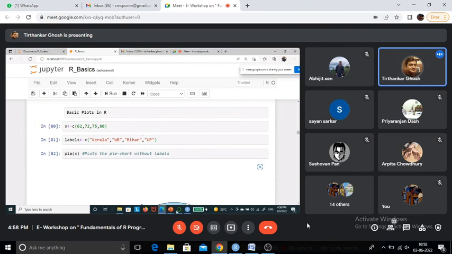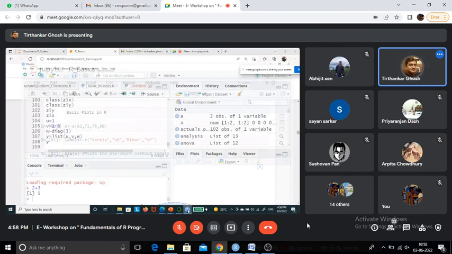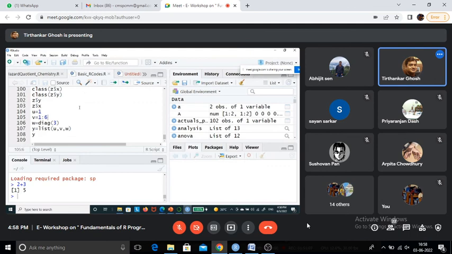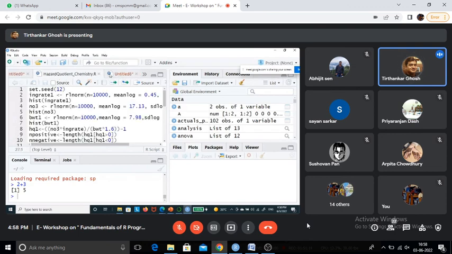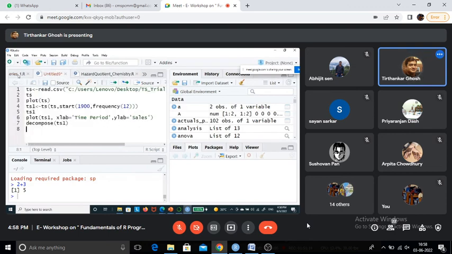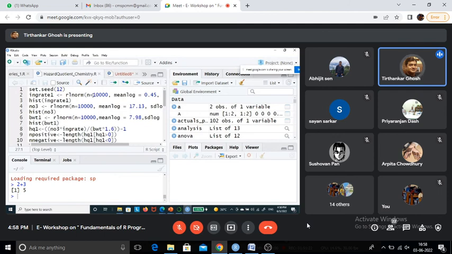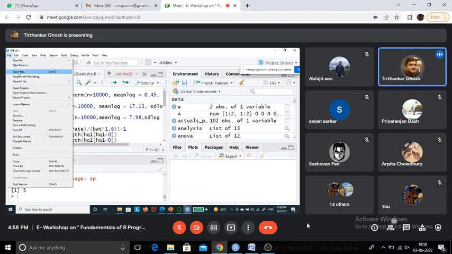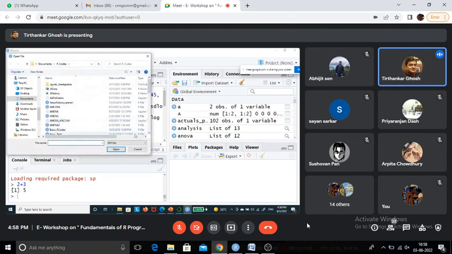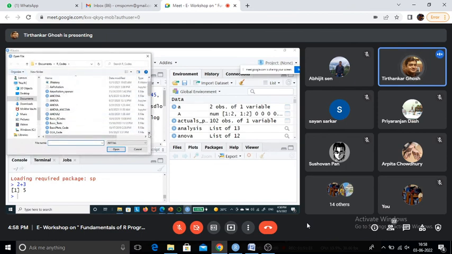Okay, one more thing I was trying to show, that is the loop. I thought that this was here, but I don't see this is here. So basics we have done. Let me find if that is here. Whenever you cross any file in RStudio, it asks you to look for saving if you need to.